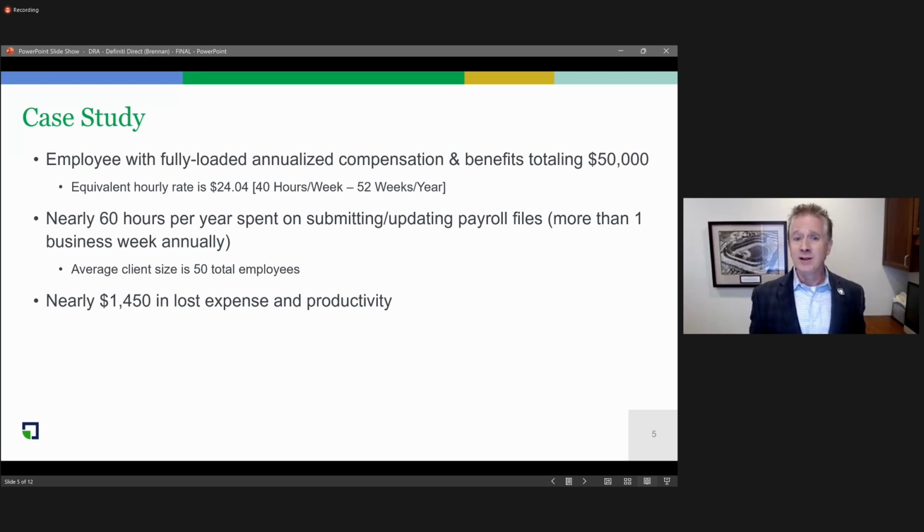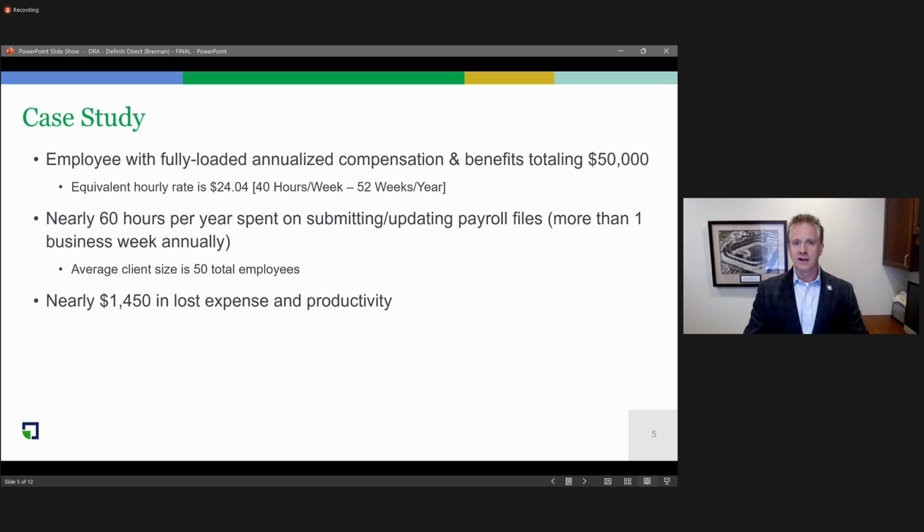By spending nearly 60 hours per year submitting and updating those payroll files, with files processed on a biweekly basis and the average client size being about 50 total employees, that's roughly $1,500 in lost expense and productivity just from that one employee. And again, that has nothing to do with the time and effort involved in processing and correcting errors.